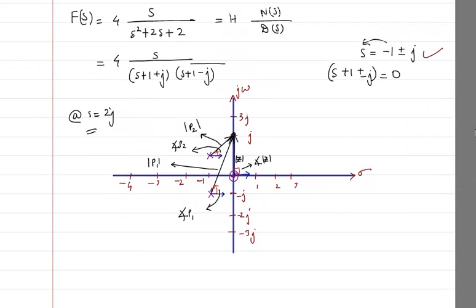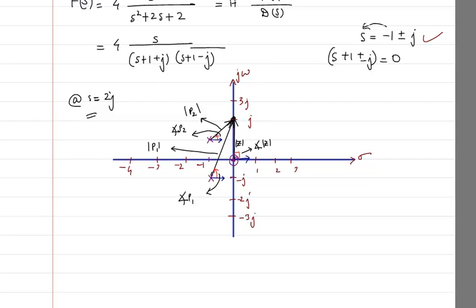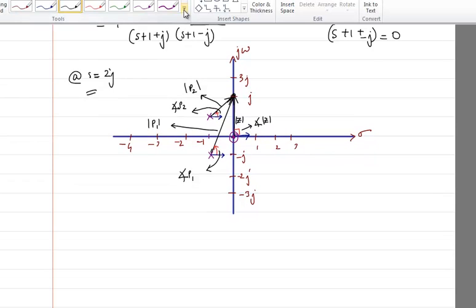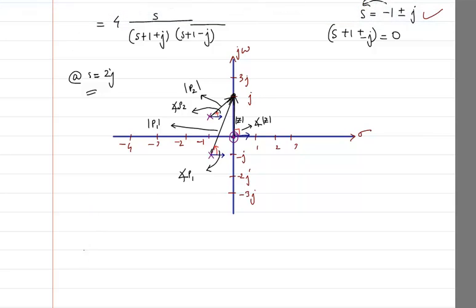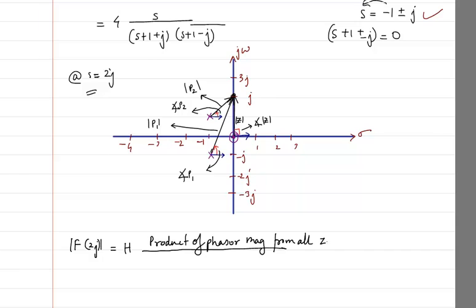Okay. Now what is the equation that I am going to write? The equation is that I will have to write the magnitude of f of 2j, that will be H into the product of phasor magnitude from all zeros to 2j,